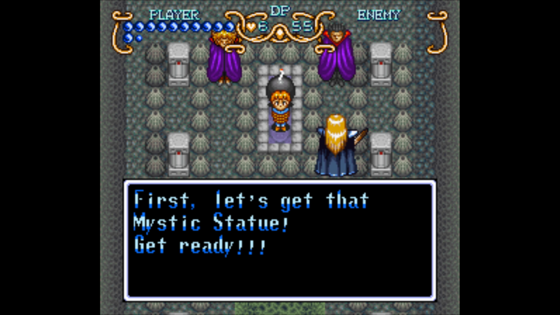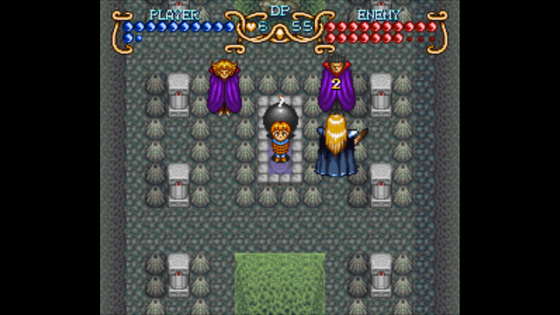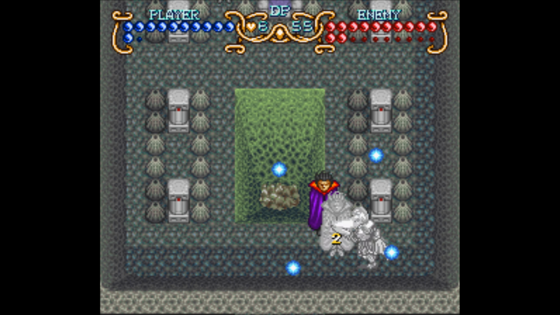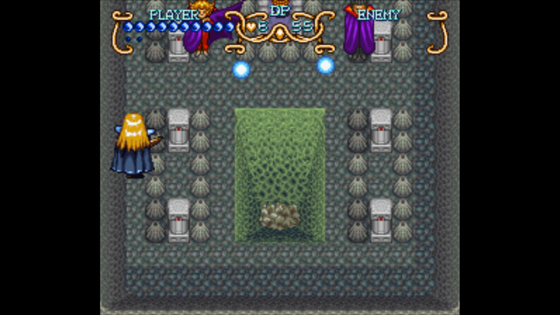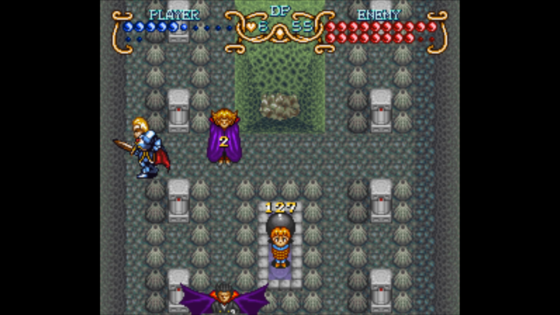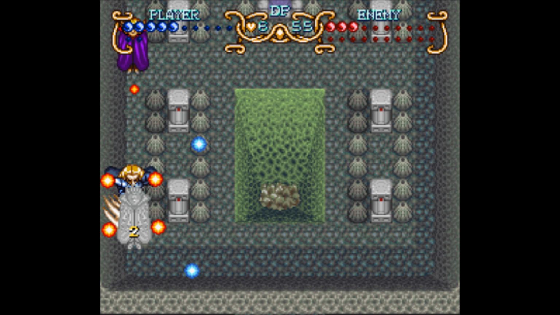First, let's get that mystic statue. Get ready. I'm gonna get ready for boss time against the vampires themselves. So this fight can be a little difficult because of... Oh, ow. Well, okay, I guess I'm doing the no-hit run. Or not on this one, I'll have to do the post-commentary thing. So what happens is they'll do... Come on! Alright, fine. You hit me with that attack. Yeah, that's their big power couple attacks, so...